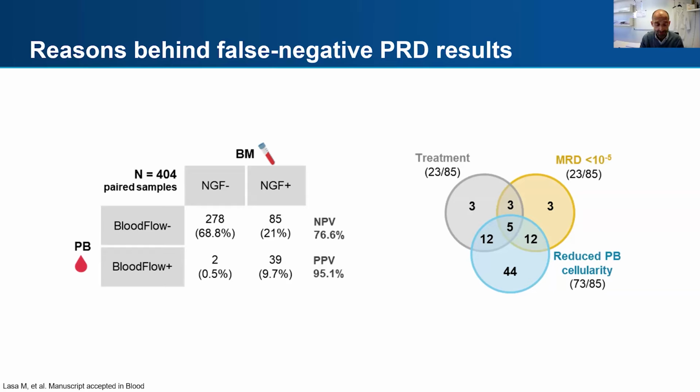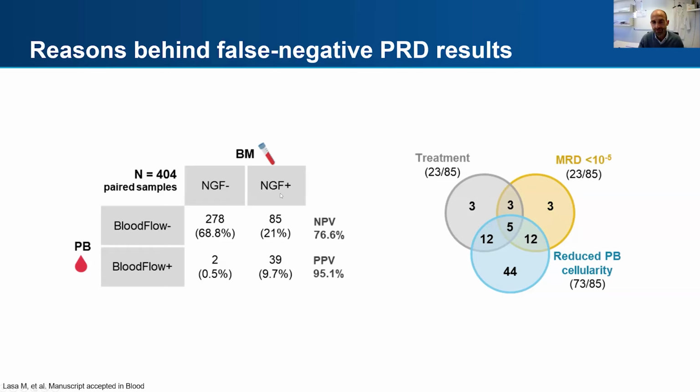We have improved dramatically the sensitivity, but again, when we compare the new method in the peripheral blood versus NGF in the marrow, you can see that the concordance is very, very high. You can see that there are even a few patients, very few, in whom we detected residual disease in the blood before we detected it in the marrow, but there are still 21% of patients in whom disease was only detected